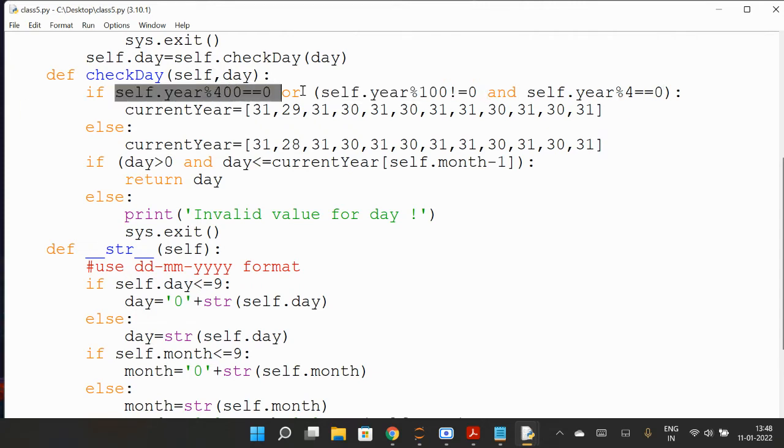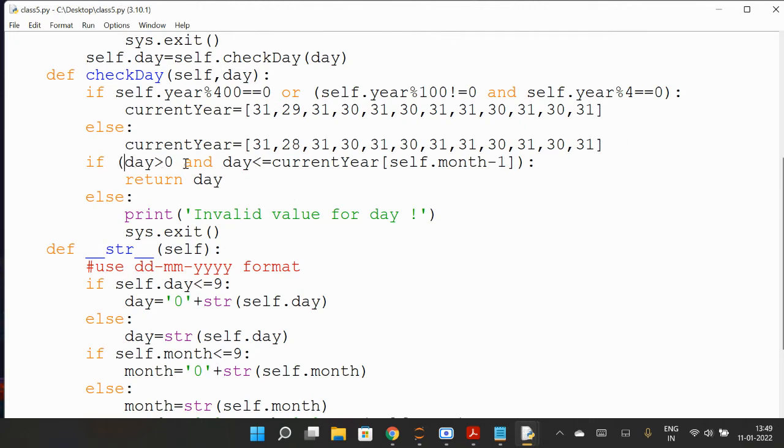So we are checking if the year is a leap year, then the current year will have, for the days in a month we are writing, January with 31 days, and Feb with 29 days in leap years. The rest are the same. Else if the year is not a leap year, then January will have 31, Feb will have 28. So only this is the difference, the rest are all the same. If it is a leap year, Feb has 29, and if not, then it's 28. The rest you know already. January has 31, March has 31, April has 30, and like this.